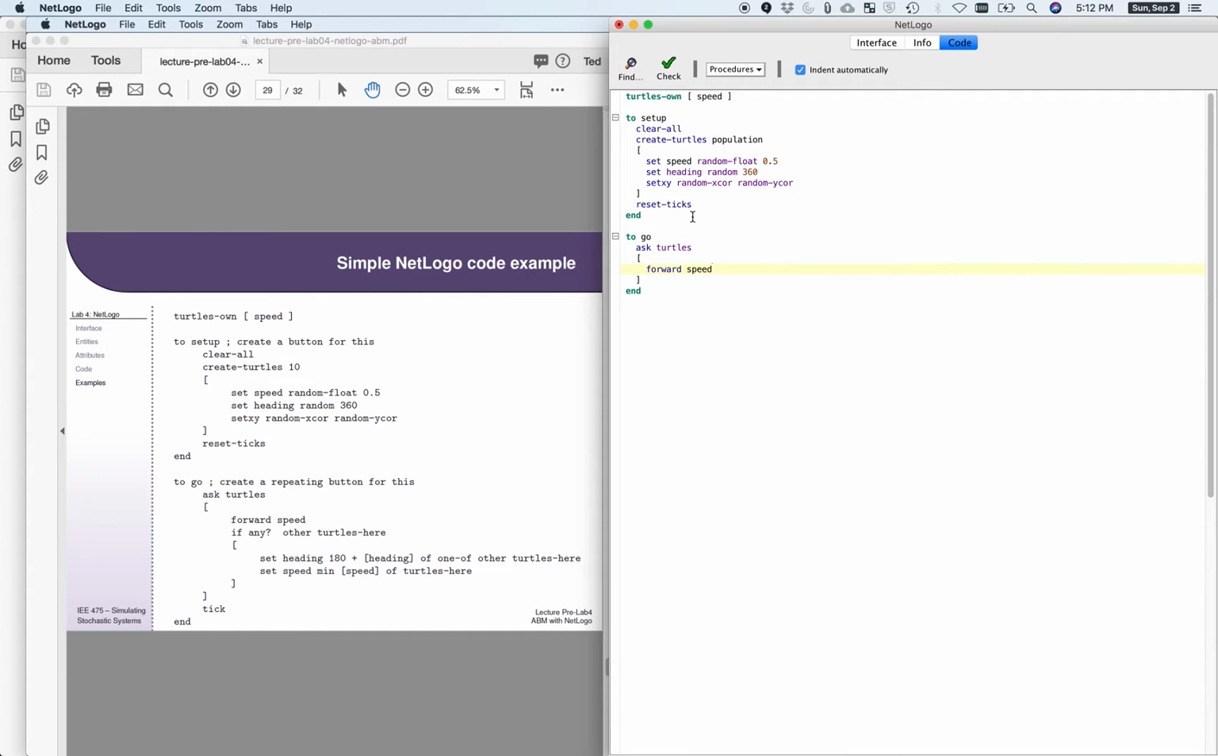So you can think of the speed as, how is it a speed? Well, what it means is I'm going to move 0.5 patch units per tick. So if my ticks are a second, then the turtles are moving 0.5 patch units per second. If one patch is 1 meter long in my model, then this is moving at 0.5 meters per second. So I move forward speed, and then I